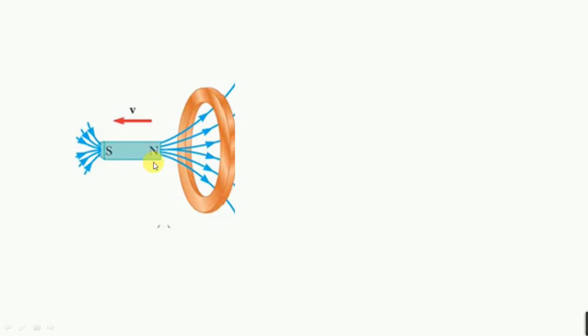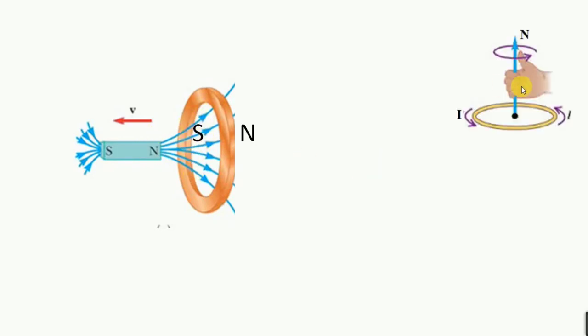Now in this case, I am taking the north pole away from the loop. That means it has to stop this north pole from going away, so it has to attract the north pole. It can attract the north pole by producing a south pole on this side. Again I'll use this rule. I'll curl my hand in such a way that the thumb shows the direction of the north pole. This time the north pole is on this side. So from above the conductor, the current will flow in the downward direction. This is the upper part of the conductor, so from here it flows downward. This is the direction of induced current. So using Lenz's law, we can find the direction of induced current.